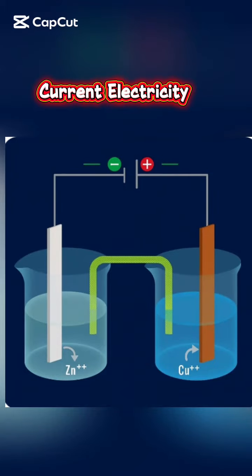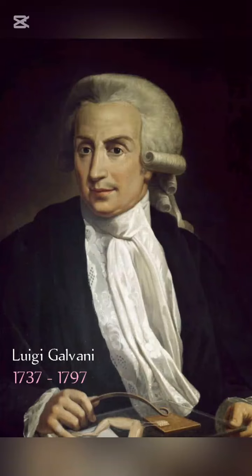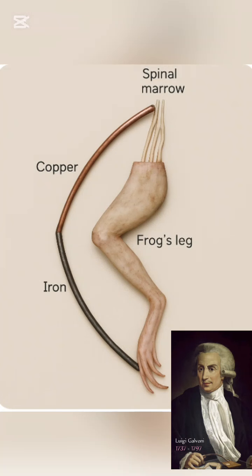Current electricity. Current electricity is the constant flow of electrons through a conductor. In 1780, Luigi Galvani, a professor of anatomy, discovered that the leg of a freshly dissected frog could twitch or contract when the exposed nerve and the foot were connected using a copper and iron wire. He believed that the muscle and nerves contain a kind of electrical fluid inherent in living organisms, which he called